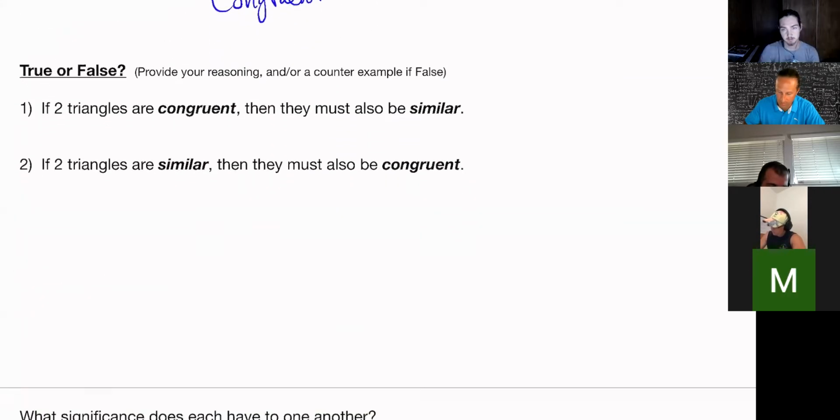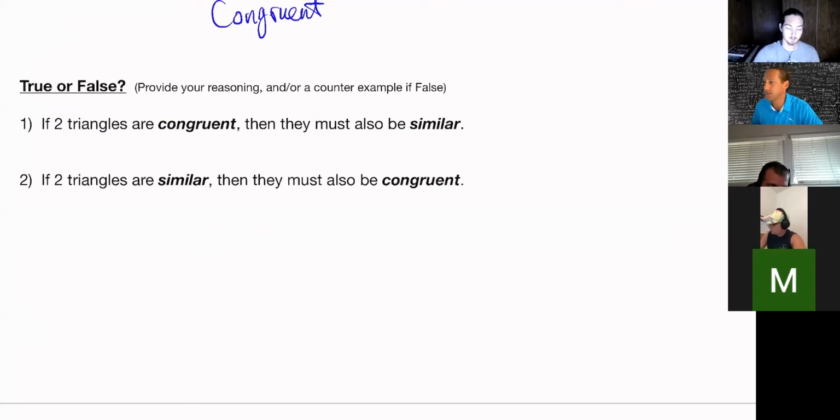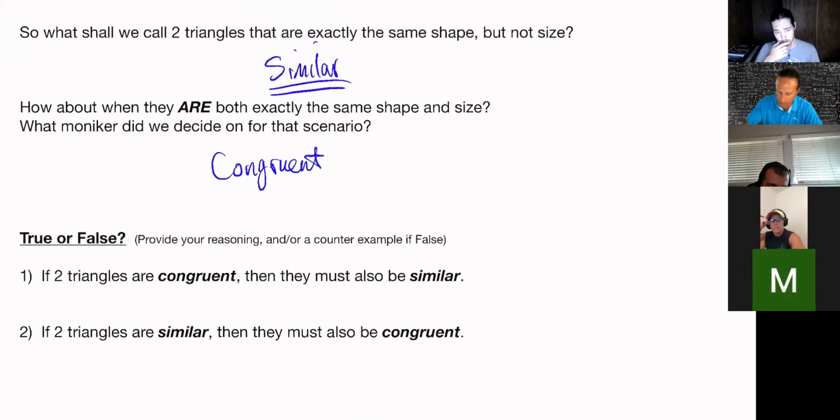We'll talk about that, but before we do, answer me this. If two triangles are congruent, then do they have to also be similar? And again, think about this before you answer. And then the other way around, if two triangles are similar, then do they also have to be congruent? No. Good. So let's answer number 1 first. True or false? If they're congruent, do they have to be similar? True. Yeah, true, because remember, we said that it meant